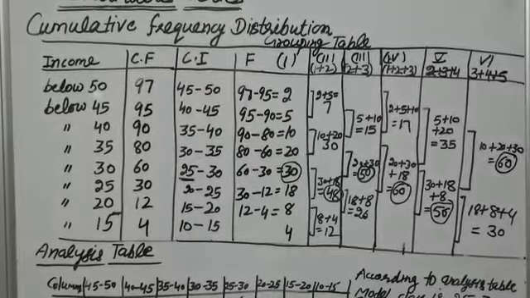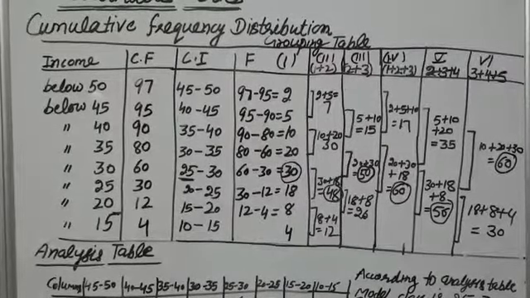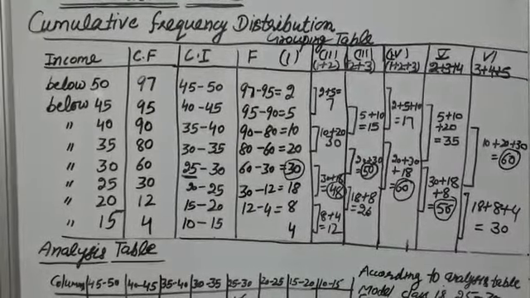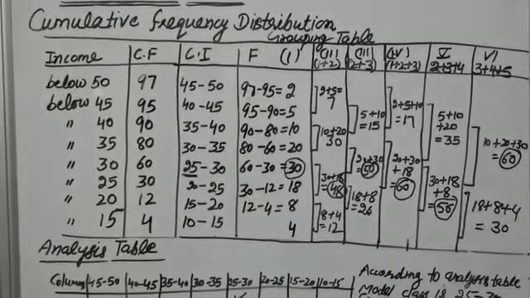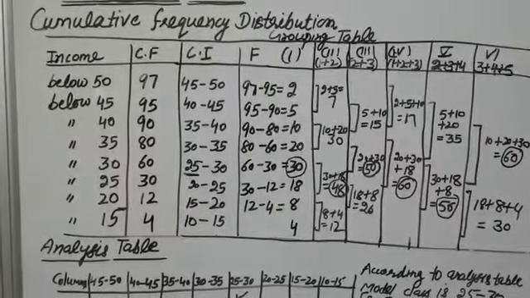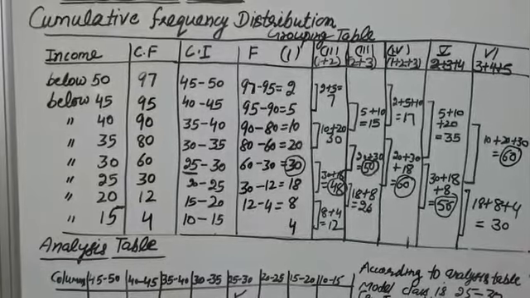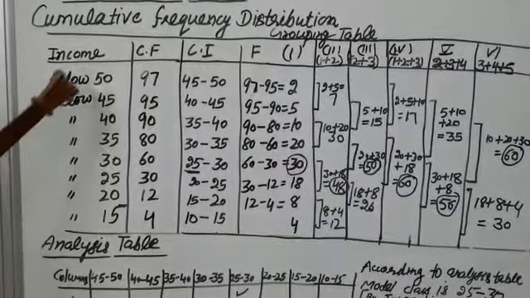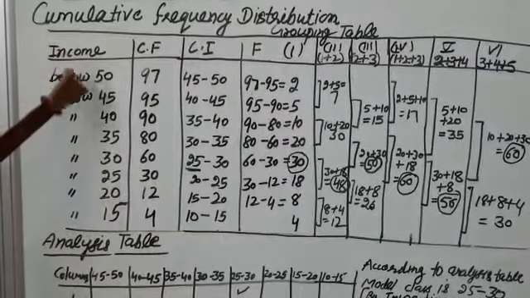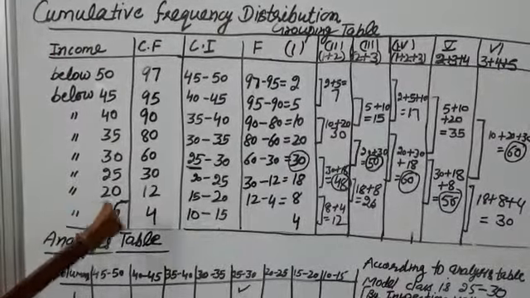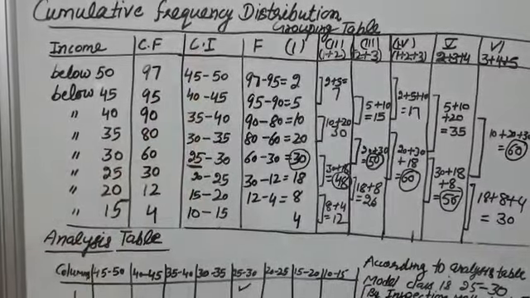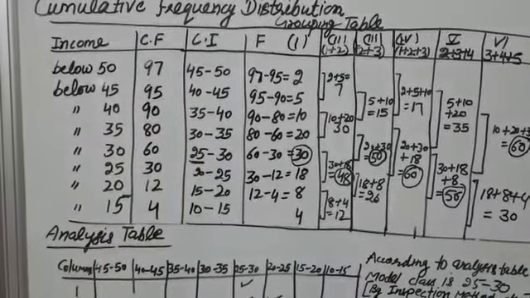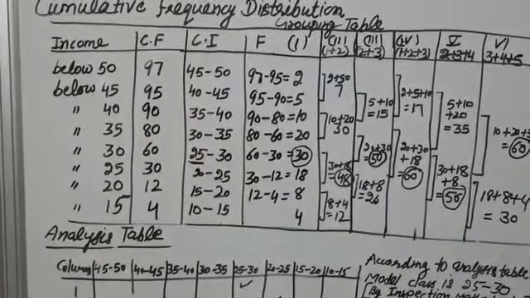So here the series is cumulative frequency type, so there is a need to convert the series into an exclusive series. Let us convert this series first. A less than series starts with the upper limits, so it is clear these are the upper limits of the class intervals. Here we have written the upper limits of the class intervals. In this way the class intervals shall be 45 to 50.